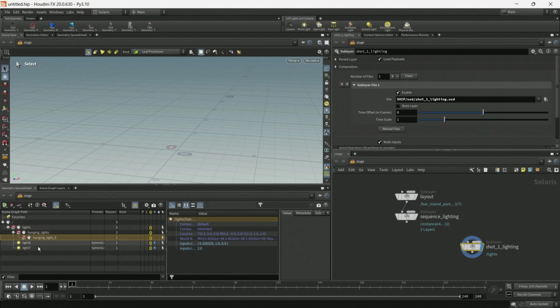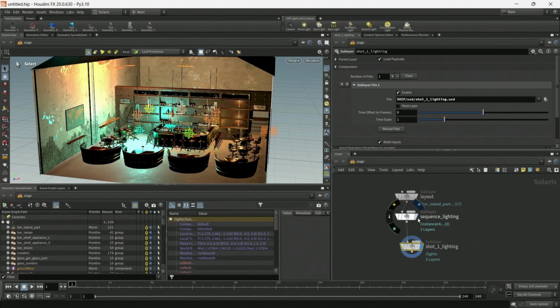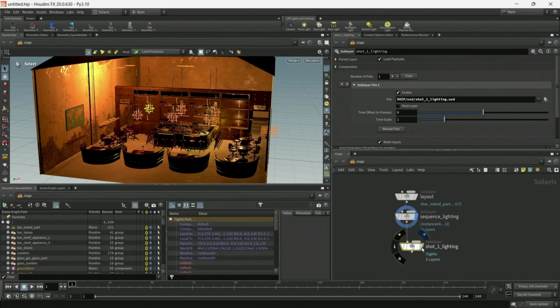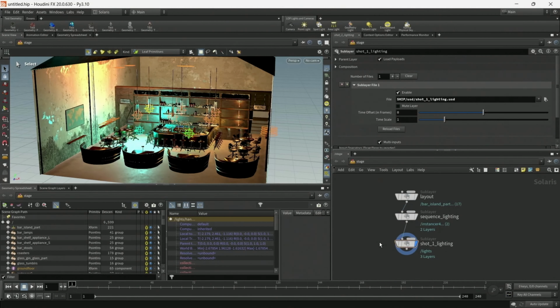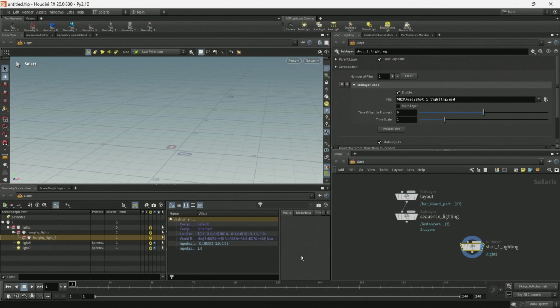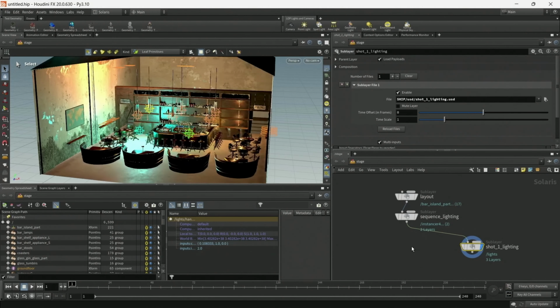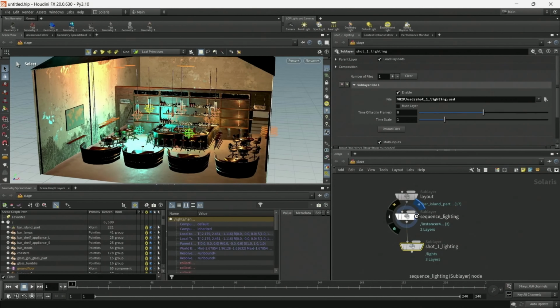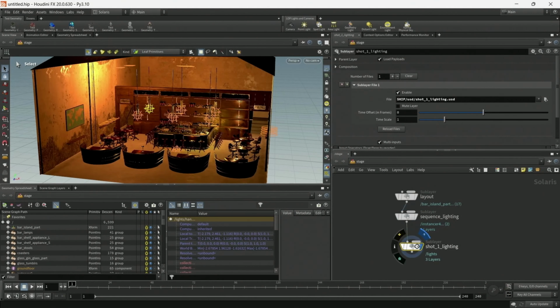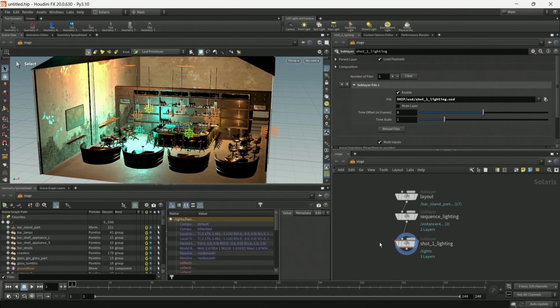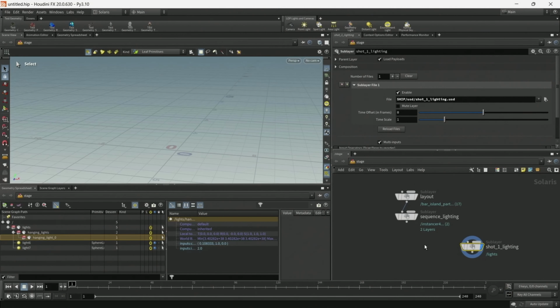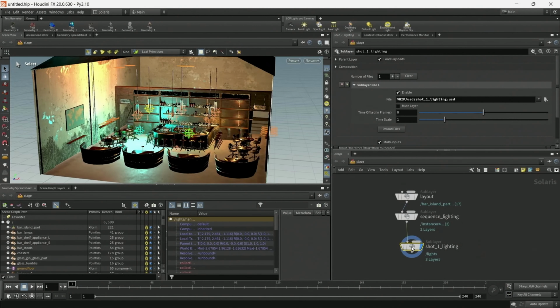From there, those results could be brought into the layout department, and the layout department could write out their own USD file, similar to what we did here. That layout could be distributed to the effects department, animation department, and lighting department for them all to work on simultaneously.